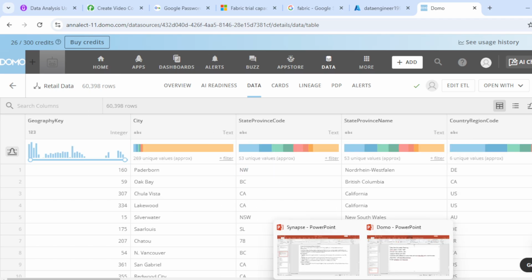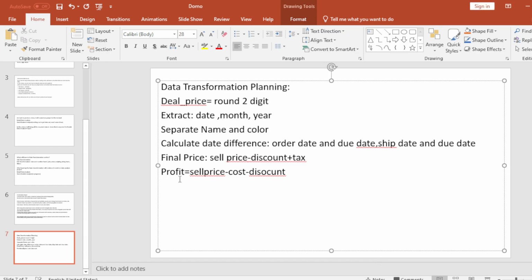So like that we can calculate our final price, we can calculate profit, we can calculate our date difference, we can separate the name and color to find the product name, we can extract date, month, year, just to make analysis based on month, based on year, like that. Or we can also extract a quarter also,